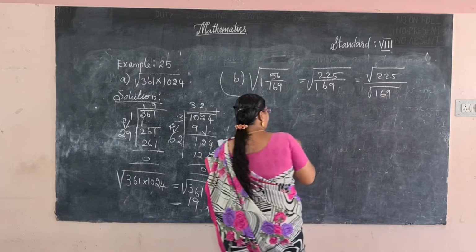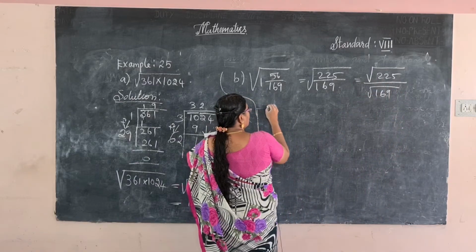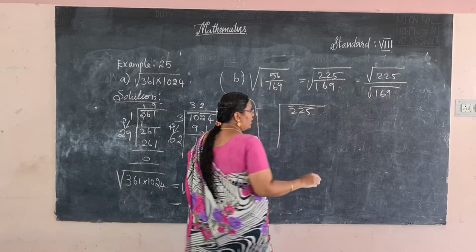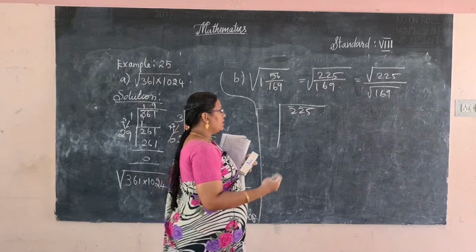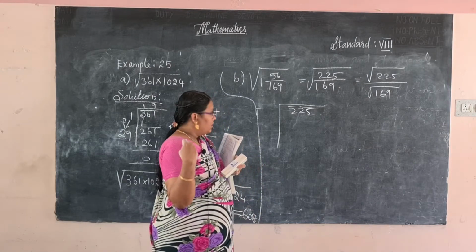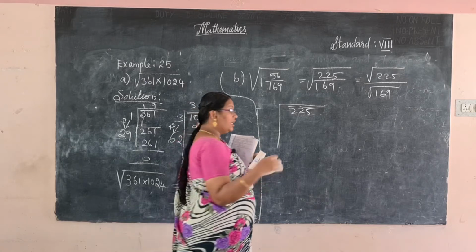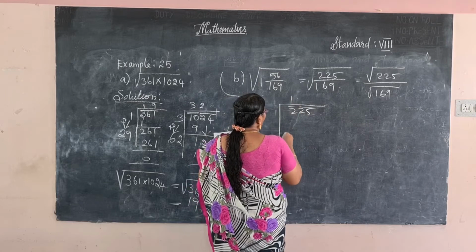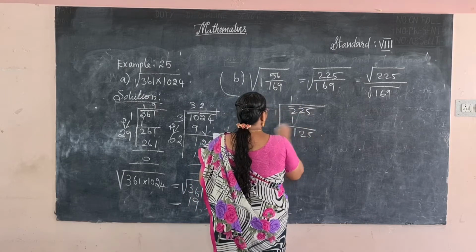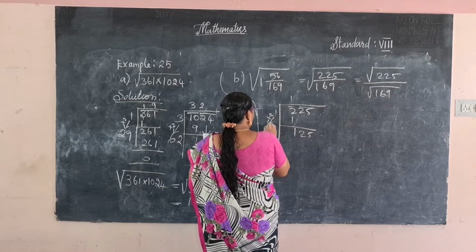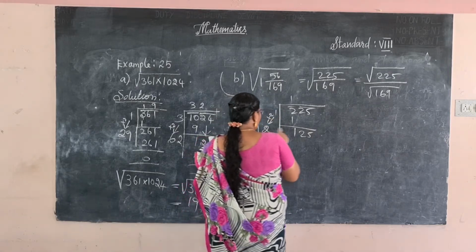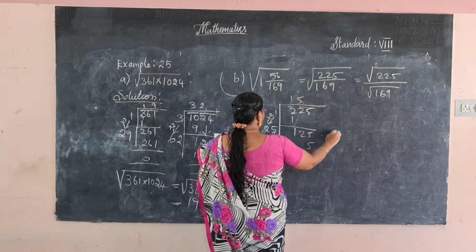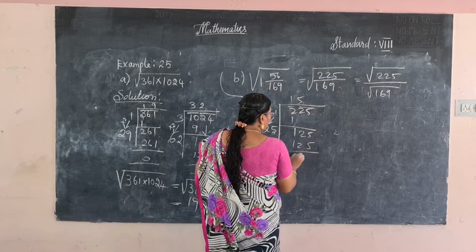Now find the value of the square root of 225. You can use any one method: the long division method, successive subtraction or prime factorization, to find the square root of the numbers. How many squares? 1 times 1, remaining 125. Multiply by 2: 2 ones are 2. Which number multiplied? 5 times. 5 fives are 25, remaining 2, 5 twos are 10 plus 2, 12. So the remainder is 0.